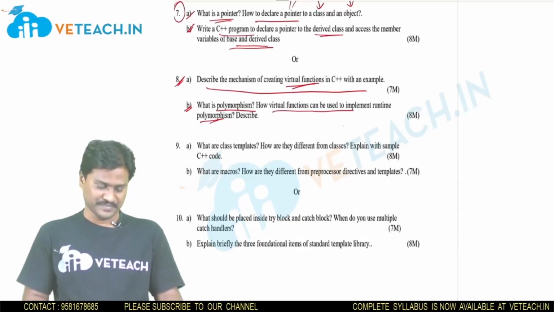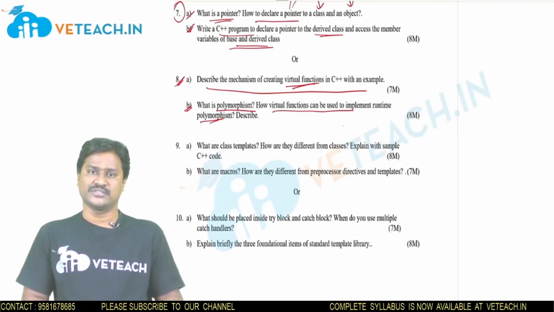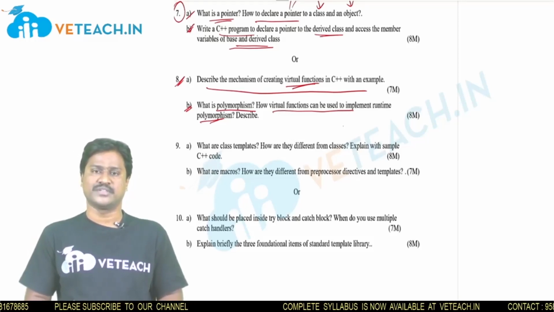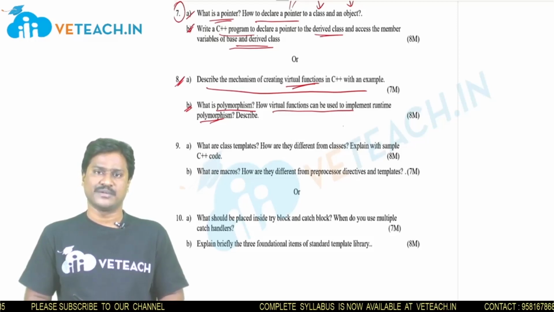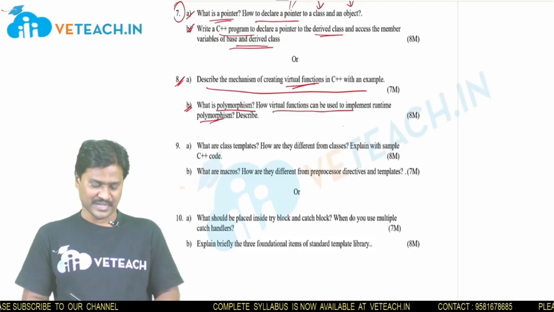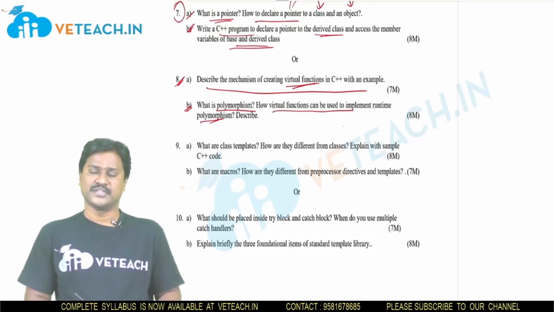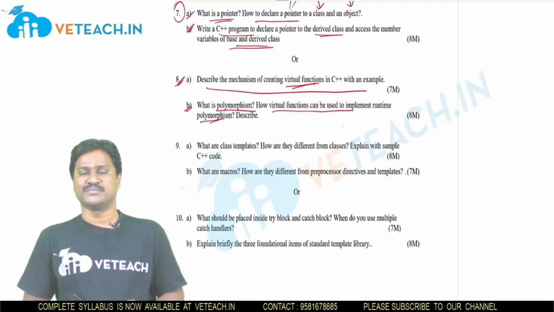Coming to unit 5, the last two questions, 9 and 10. In unit 5 we have three chapters: generic programming, exception handling, and standard template library. And these two questions come from these three chapters. The first one, generic programming, is nothing but the concept